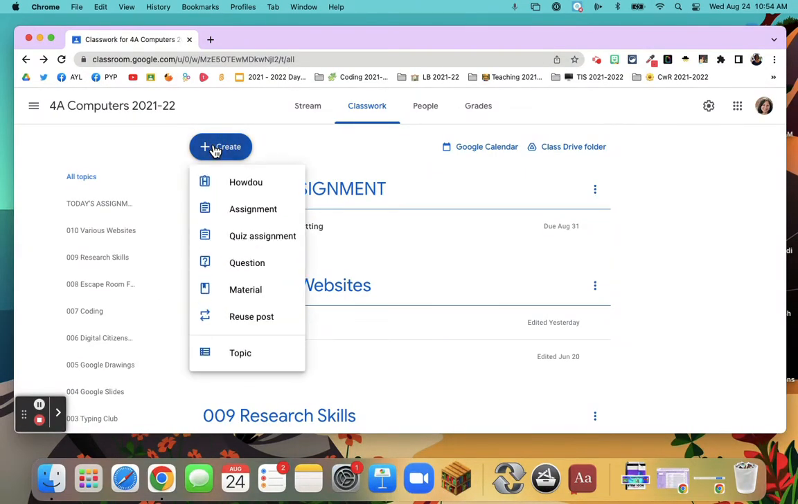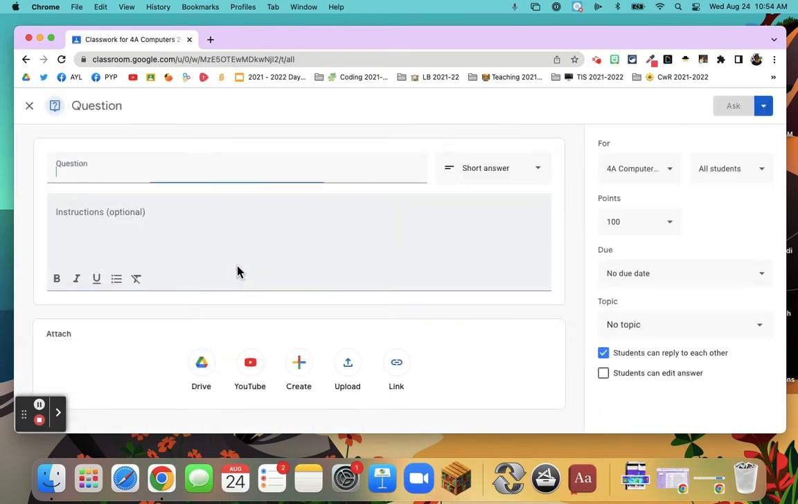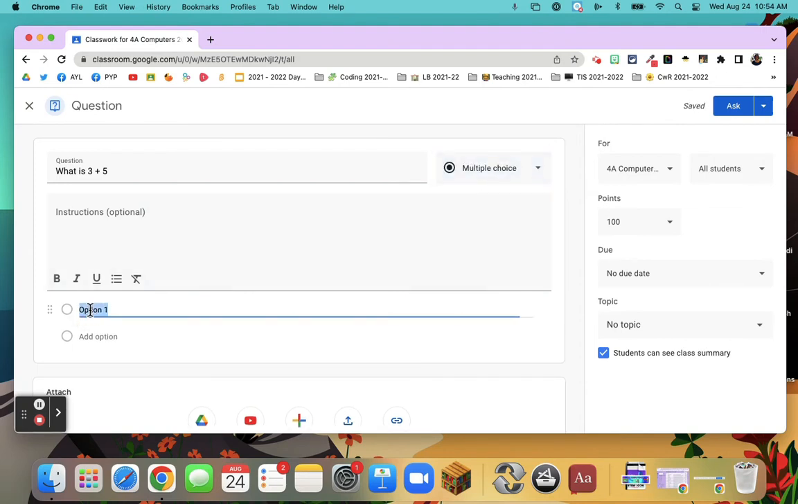Okay, next under the Create button is this one called a question. This is just a really quick snapshot. So perhaps you're talking about a certain subject and you want to just do a quick check-in with your kids and see if they understand what you're talking about. You would create a question here. So, what is 3 plus 5? Maybe you want to have that as a short answer, where you want the students to describe how they arrived at the answer. Or you can create it as a multiple choice, and we would do